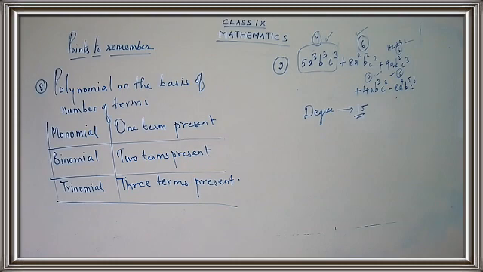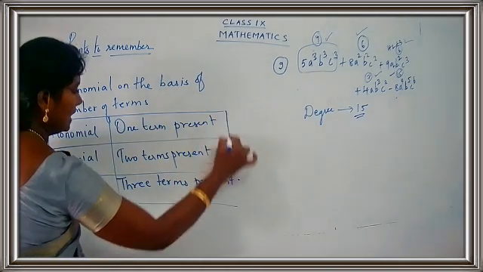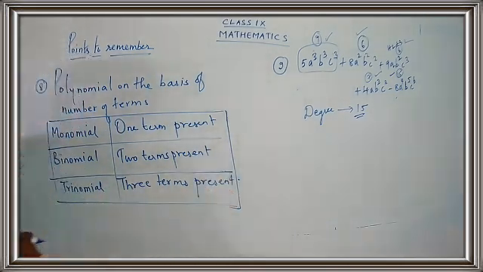On the definition, you just understand the definition, that's enough. So you should know what is the meaning of monomial, binomial and trinomial. I will just give you an example, just write on this table. They have given you a definition over there. So a polynomial having one term is called monomial. A polynomial having two terms is called binomial. A polynomial having three terms is called trinomial. So in the examination you have to use the definition only.